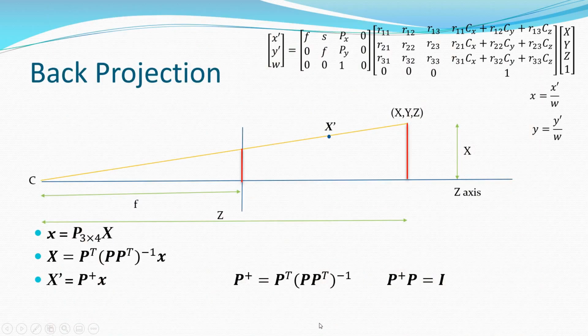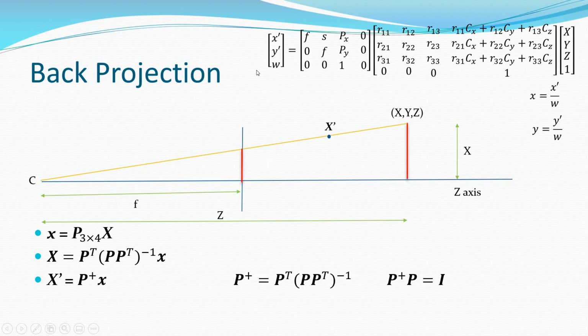Right. So now our task in stereo, or in epipolar geometry, is to go from the 2D plane back to the 3D coordinates. Projecting was one way. Projecting means you are taking an image. You have some object located somewhere in the 3D space, you are taking its image, so you are getting a 2D representation of the 3D world. That is what happens when you take an image. Now the thing that we want to do is, given an image, go back to the 3D world.